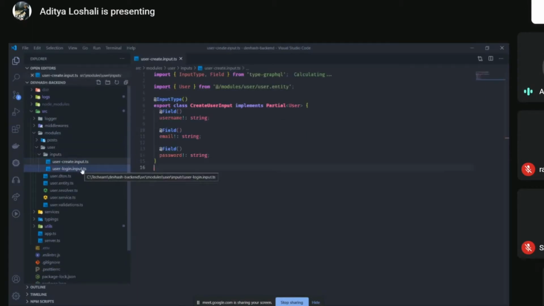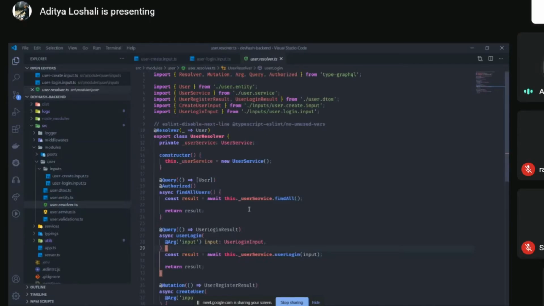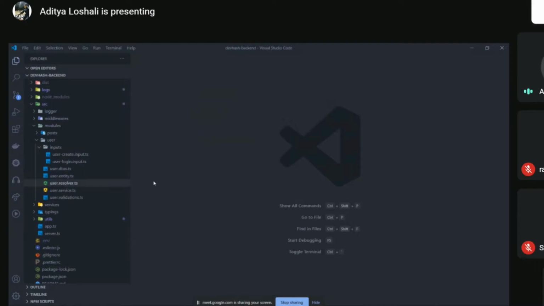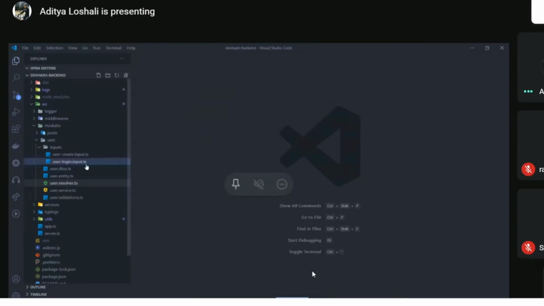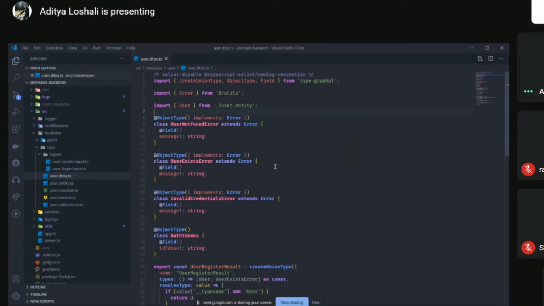This is where we create the inputs for our GraphQL. They are similar to how we create a return type, just stored differently in this folder because we might have a lot of inputs. Those inputs are just included inside of our resolver file. So these are the things that I had discussed up till now. Then we also have a DTOs file. This is something that I had not discussed earlier.